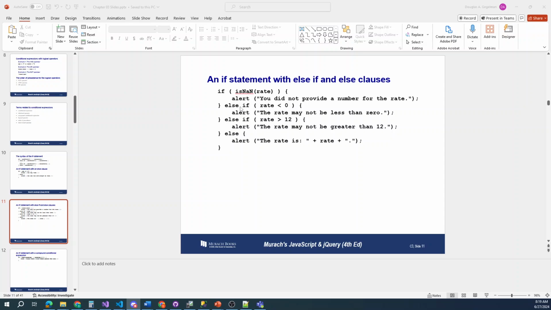it can go down into the else if and check to see if the rate is less than 0. If it is less than 0, then it'll show the alert here: the rate may not be less than 0. That's not the case though. If the rate happens to be greater than 0, it'll go down to the next else if statement and check that rate there. If the rate is greater than 12, so if the rate's 13, it will drop down into this alert here and catch that the rate may not be greater than 12, else alert the rate is